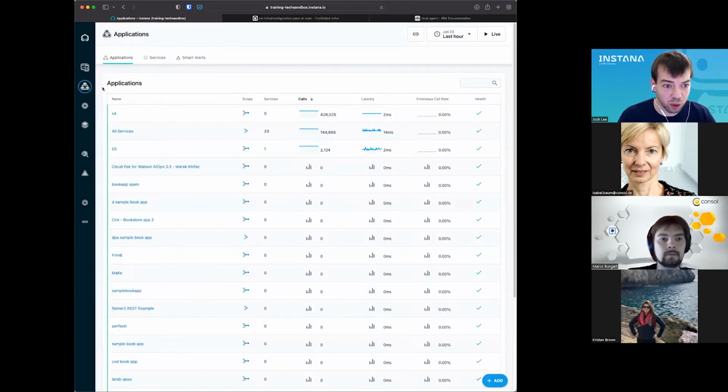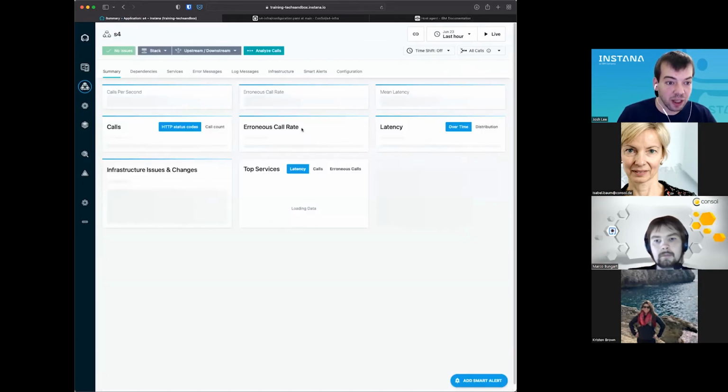But to cut through all of that noise, the first tool that we're going to look at is application perspectives. Application perspectives are really just a way to filter out all of the information that's not relevant to you. This is especially useful if you have teams that are interested in certain services but not others that make up your overall service.